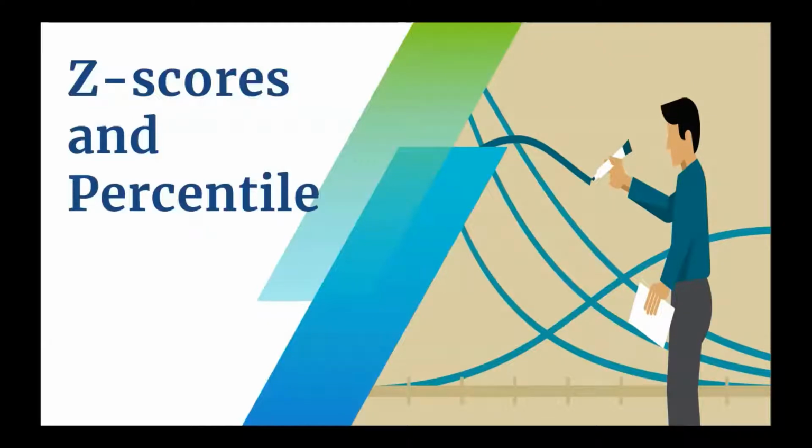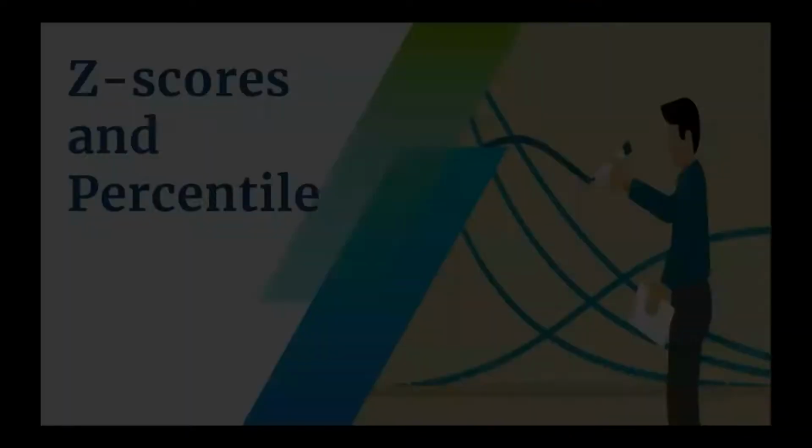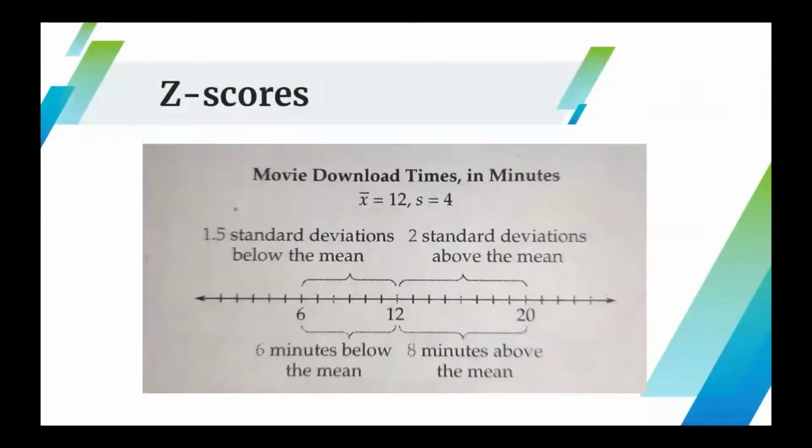On the other hand, when your friend downloads the movie, the download takes only 6 minutes, and your friend is pleasantly surprised at how quickly she receives the movie. In each case, a data value far from the mean is unexpected. The graph below shows the download time for this movie using two different measures: the number of minutes a download time is from the mean, and the number of standard deviations the download time